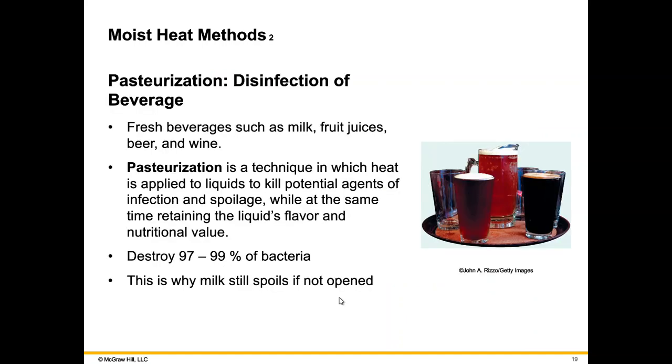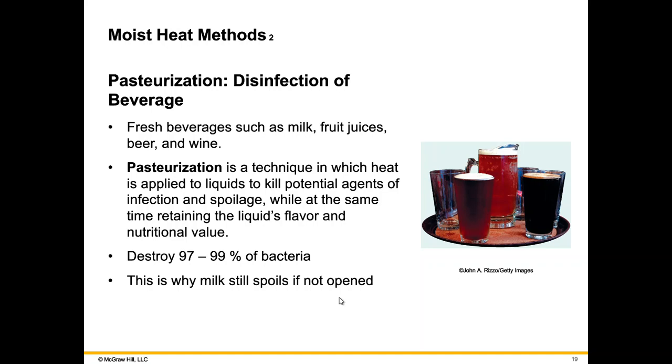Next, pasteurization. This is disinfection, but it's specifically for beverages. So you may have heard of this term in regards to milk, for example, because milk is pasteurized. Many fruit juices, beer, and wine are as well. It's a technique where heat is applied to these various beverages to kill pathogens and other microorganisms that will prevent the item from spoiling, while at the same time, it doesn't heat it high enough to alter the flavor and the nutritional value of